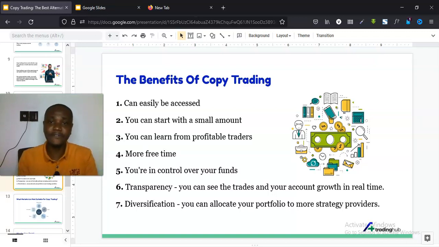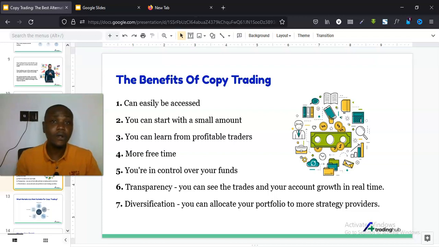So that is diversification. You see a trader, this one is trading stocks, you copy. You see this other one is trading currencies, you copy. You see this other one is trading cryptos, you copy. Then you allocate the risks. So that is diversifying. When you do this, the chances of you losing your funds is actually small. I hope you understand what I'm saying here. So these are the core benefits of copy trading, and this is why I say copy trading is the best